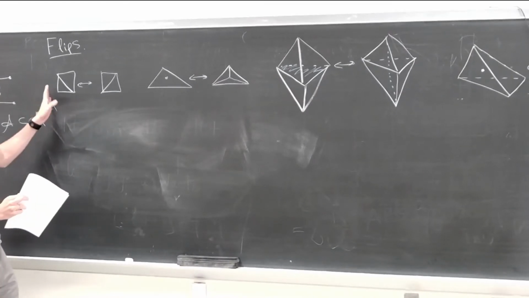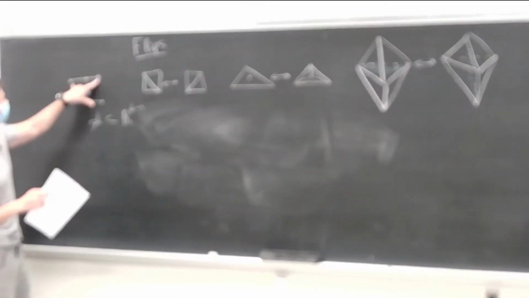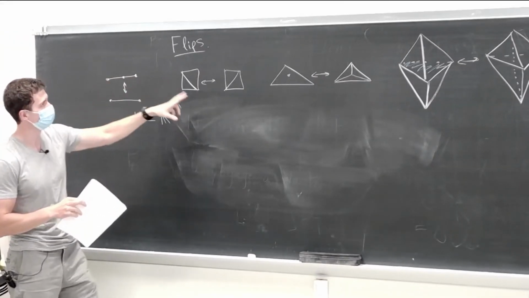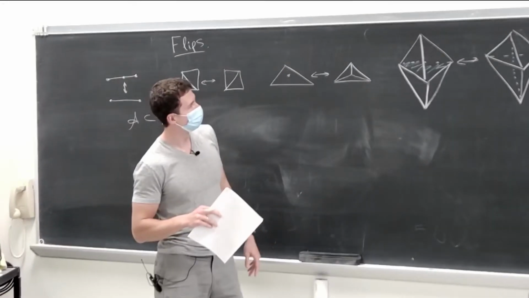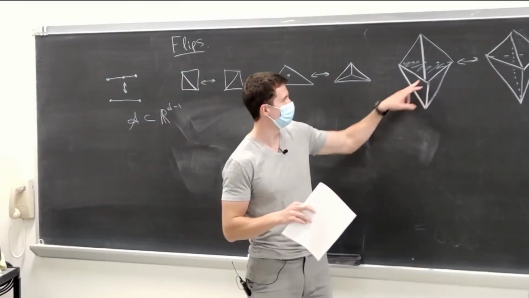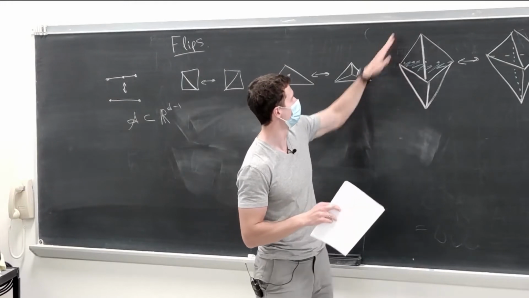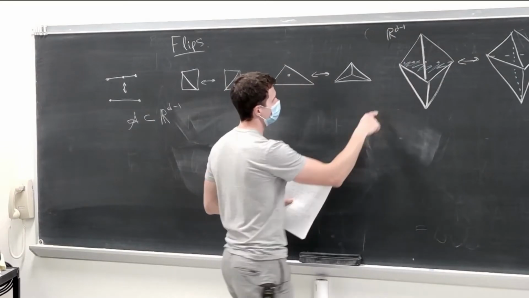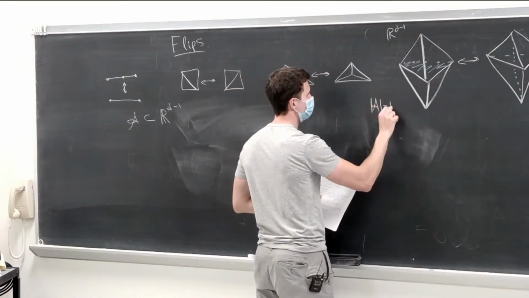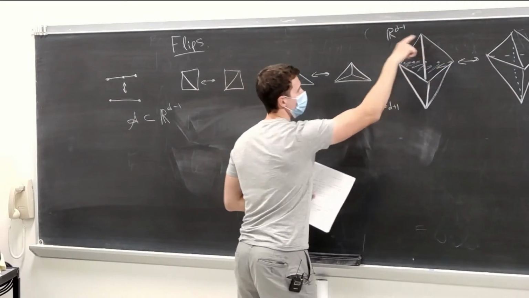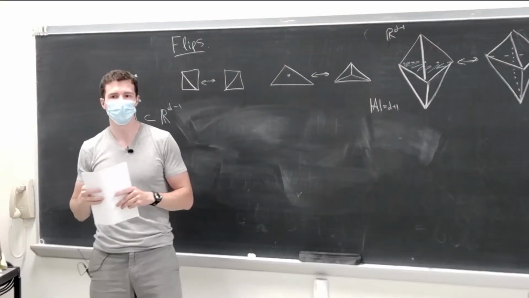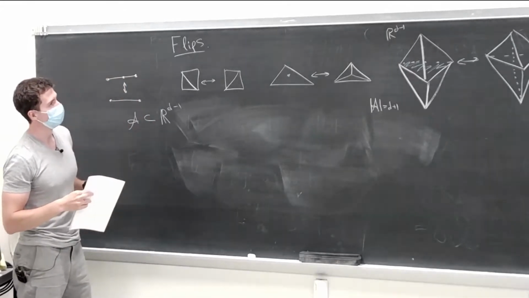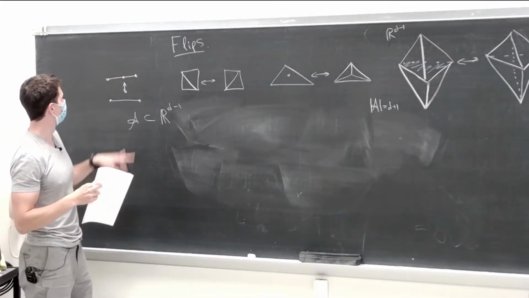First of all, by the way, what happens in general? This is unrelated to the flip story, but in each case here we have R to the d minus 1, and the size of A is d plus 1, and these points form a circuit. And then I take the convex hull. So the question is, how many different polytopes do I get? For example, here,